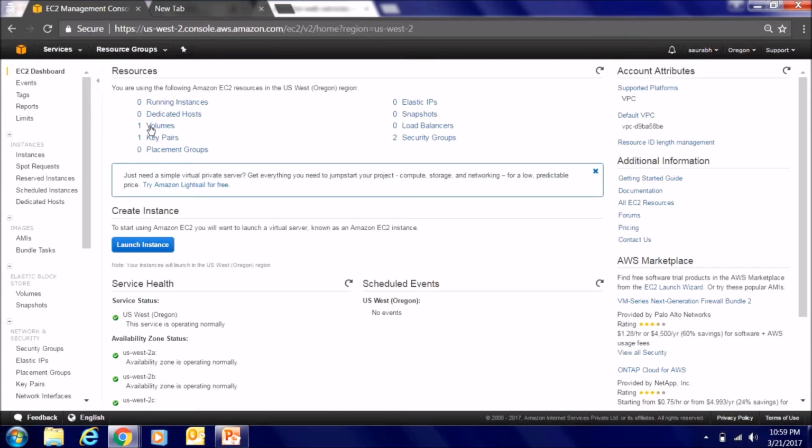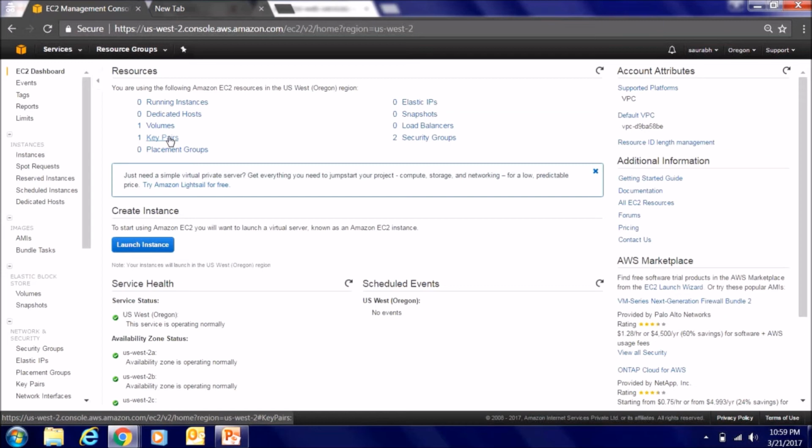It says 0 running instances because I'm not running anything right now. Dedicated hosts, volumes. A volume is, in simple terms, a hard disk. I have one hard disk. A key pair is something you'll use to connect to your system for the first time. You can use it the next time also, but it is generally given to you one time so that you can connect to the instance you are provisioning. We'll go into the details in our detailed session.